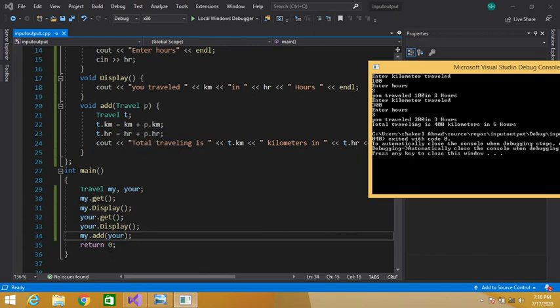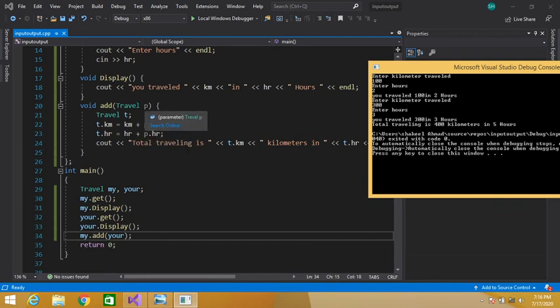Similarly, this hr is my object's, because we are calling this function using my object. First we called this get function using my object, so in my object we entered 2 hours. So hr contains 2, because we have called this add function using my object.